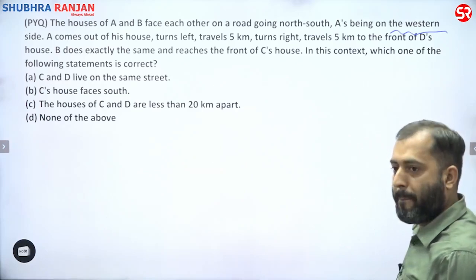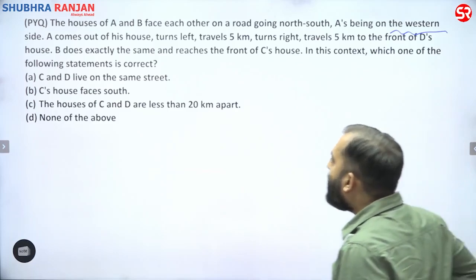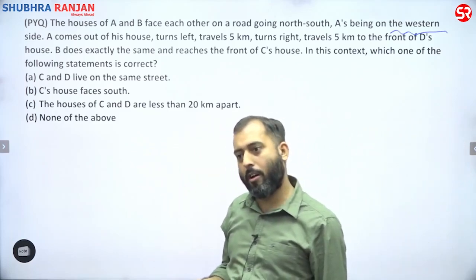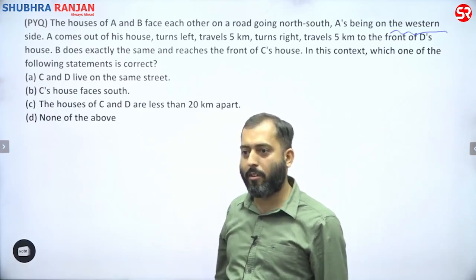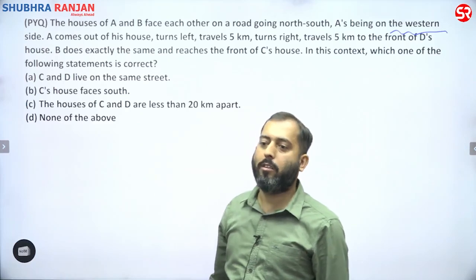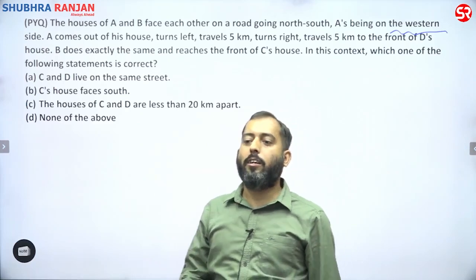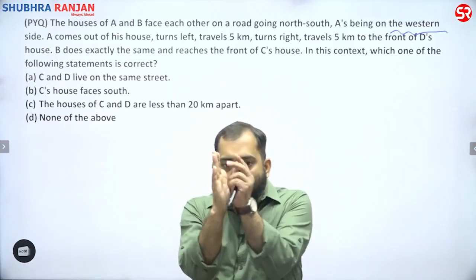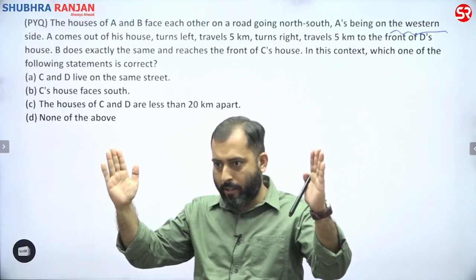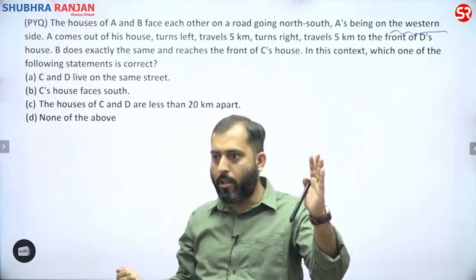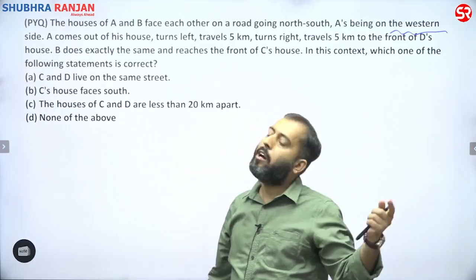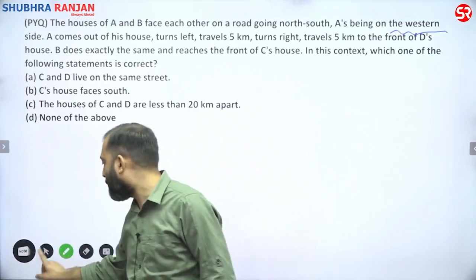Then what do you think should be the right answer? More than 10 kilometers apart, then option D. That is what I'm saying. No. Because in that case, see, the exact answer is possible only when we know the exact distance between A and B. Otherwise, we have a lot of possibilities. Since we have a lot of possibilities, that is why I'm going with option D. Yes, this is the only reason.